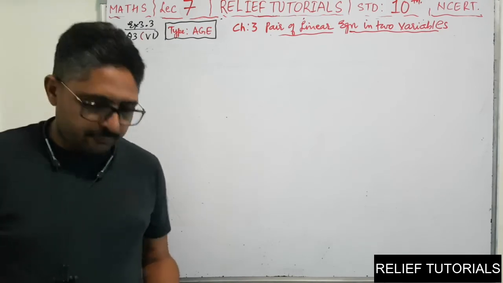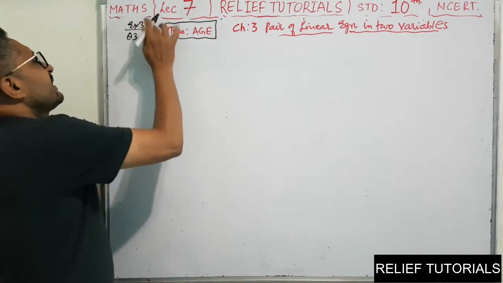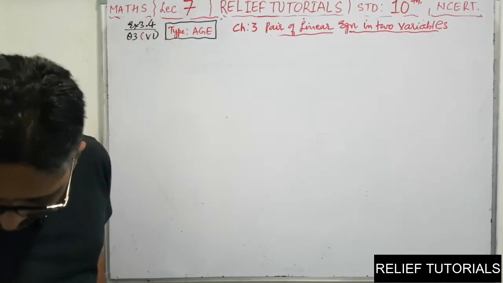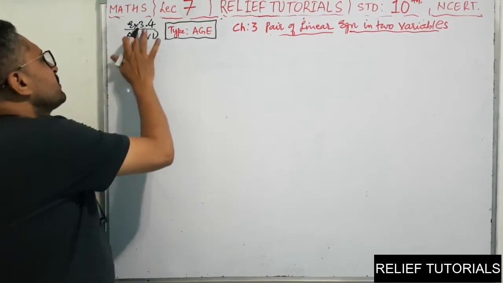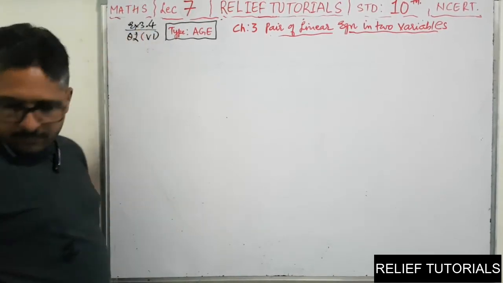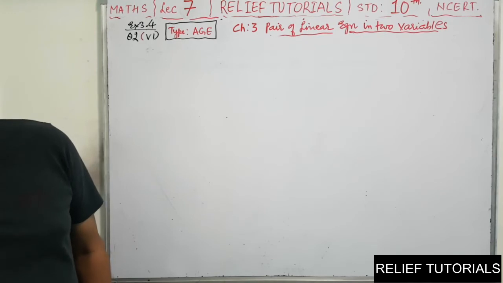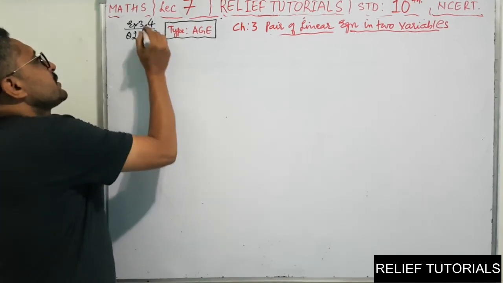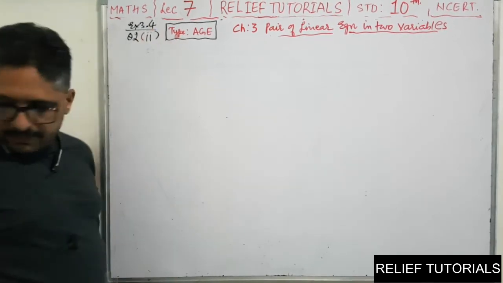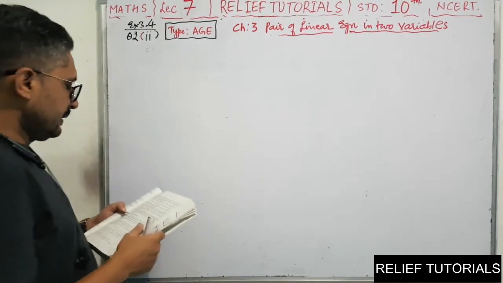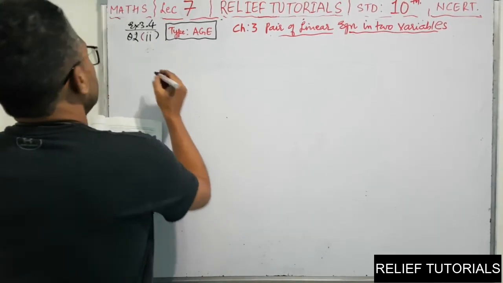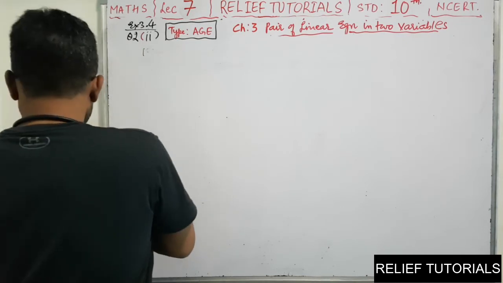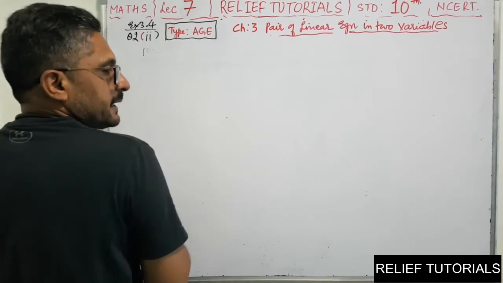So exercise 3.4, question number 2 and sub question is 2. See, I am writing the question. What is it? 5 years ago,